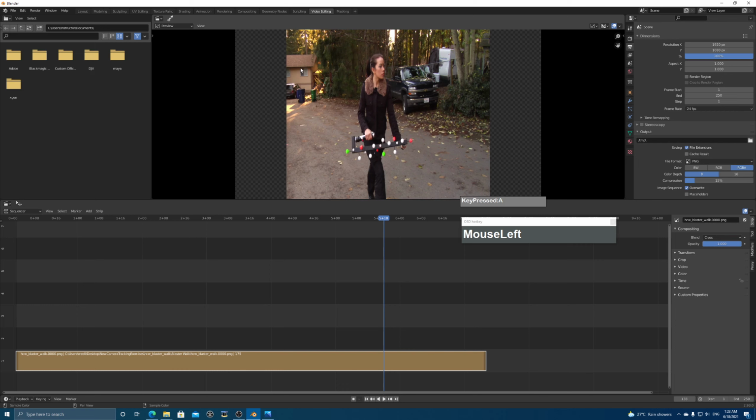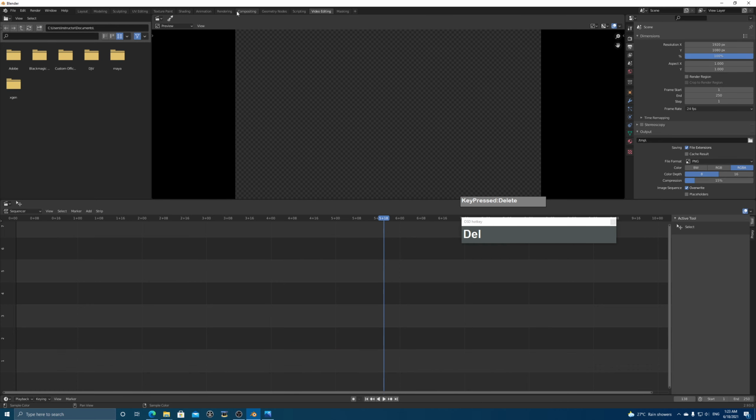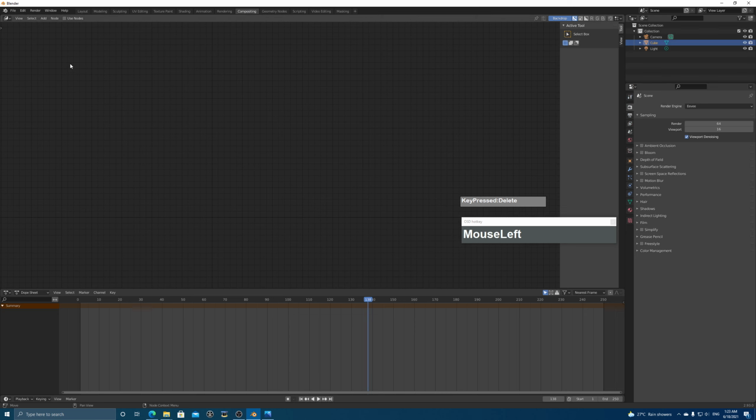go over to compositing. So for this strip, I can remove it from the video editor, because later when we render out from the compositor, it will be rendering out this video editor content instead of the compositor. So let's go to compositing and let's enable use nodes. I'm going to get rid of this render layers, press X to delete, press Shift A, and then input the